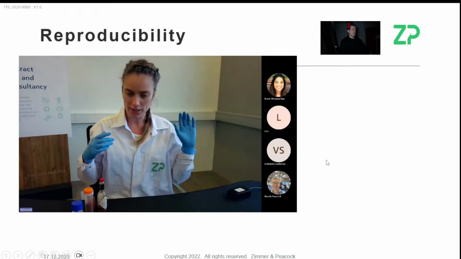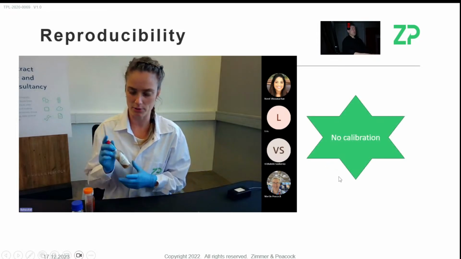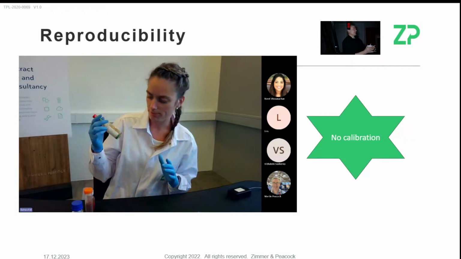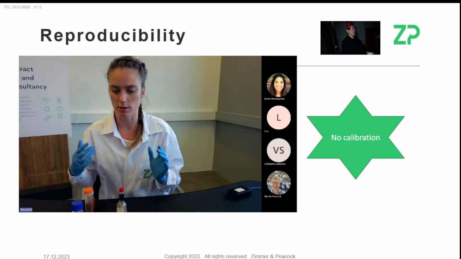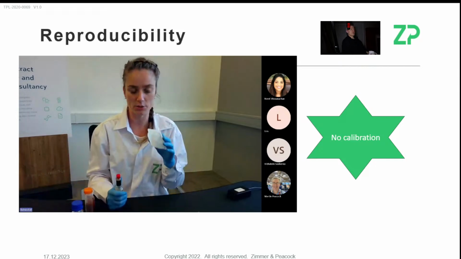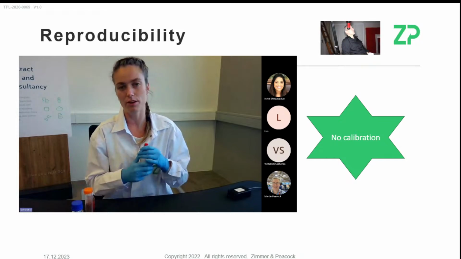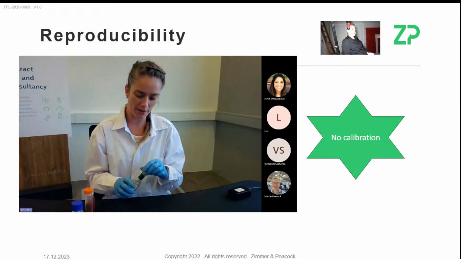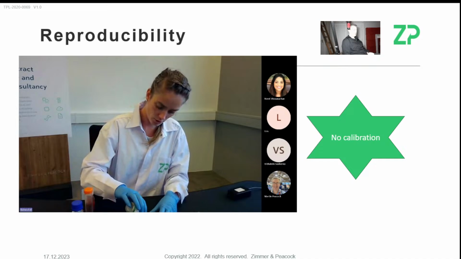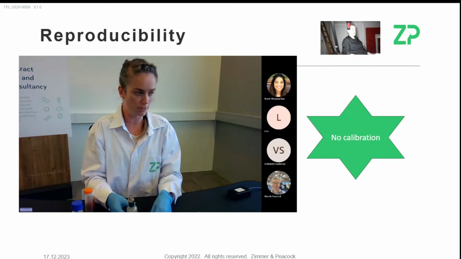But when I talk about reproducibility, what you'll see is when we do our kind of work, we never do calibration. At ZP, I mentioned this term lean startup. Embedded in that kind of lean startup philosophy is also that the technologies that come out of the work that we do for ourselves or with clients are not calibrated. Whenever you have to bring calibration to a sensor, it's not easy to use. It doesn't give a good user experience.